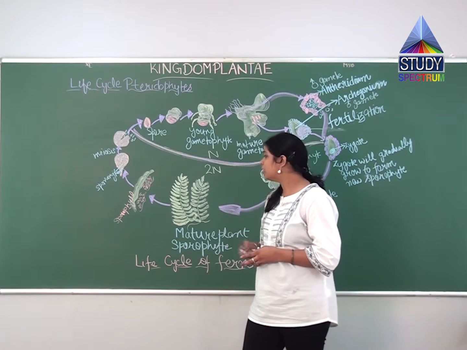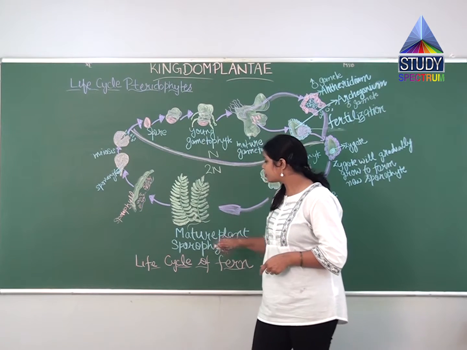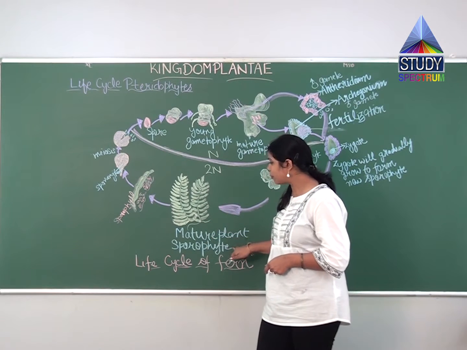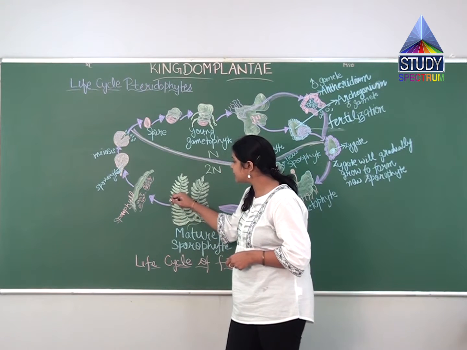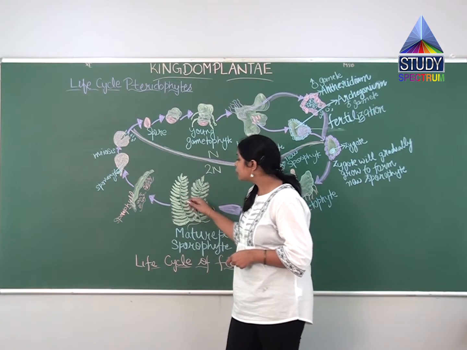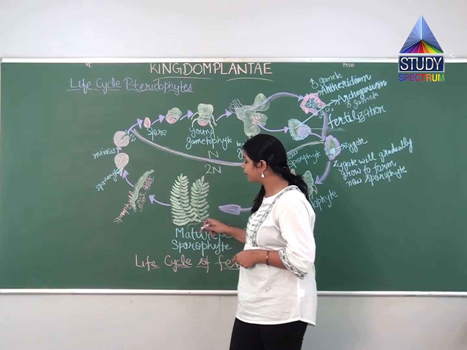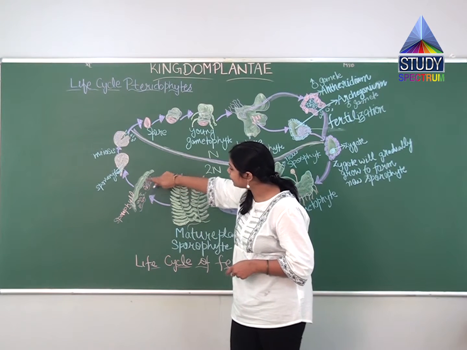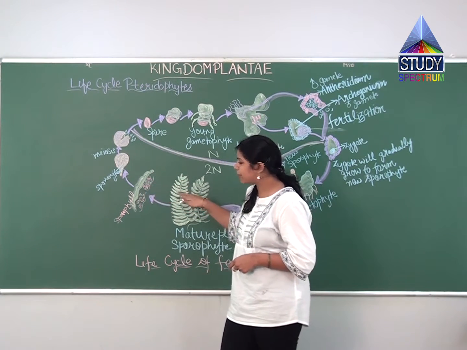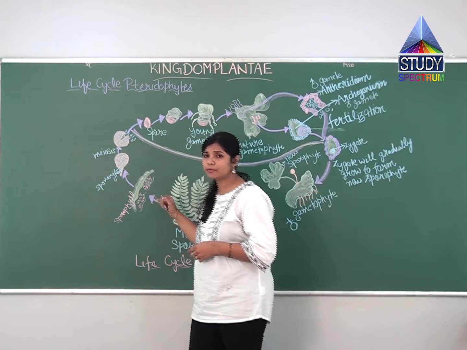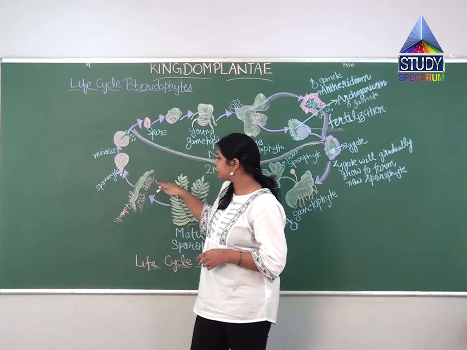As I told you earlier, in pteridophytes the mature plant body is the sporophyte. The leaves here are called sporophylls. Somewhere here the sporangium will be, it will contain the sporangium in this area. Here you can see the elaborated picture of this sporophyll. This is nothing but a leaf of a single fern. You can see where the spores will be situated, at this place.